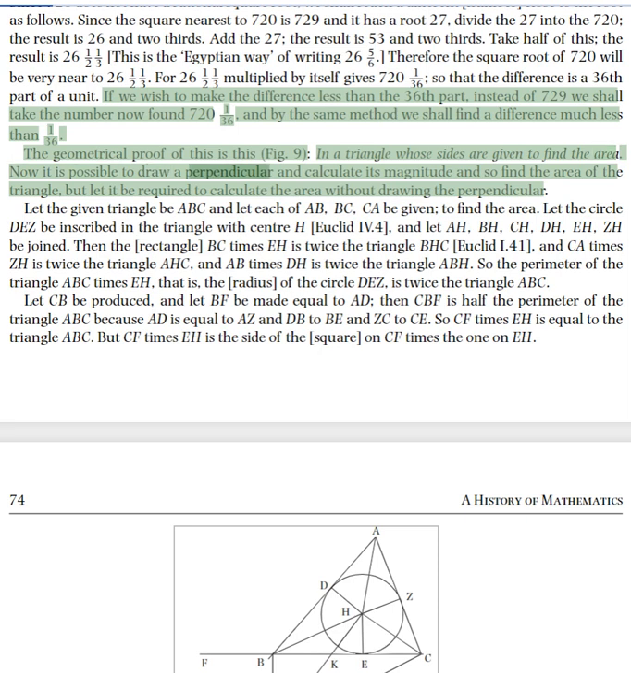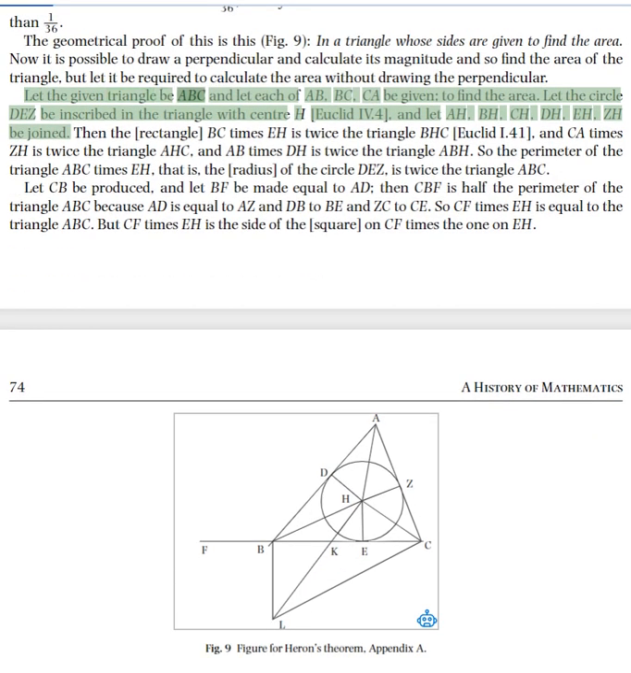Now it is possible to draw a perpendicular and calculate its magnitude and so find the area of the triangle, but let it be required to calculate the area without drawing the perpendicular. Let the given triangle be ABC and let each of AB, BC, CA be given, to find the area. Let the circle DEZ be inscribed in the triangle with center H, and let AH, BH, CH, DH, EH, ZH